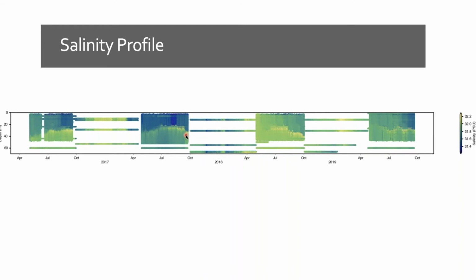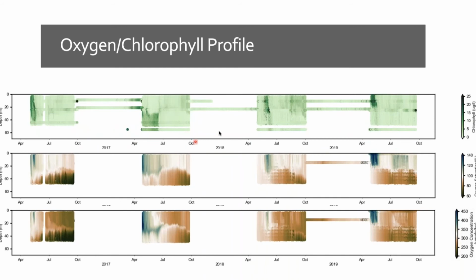We're going to jump to 2 other instruments, chlorophyll and dissolved oxygen, and this is where the Prowler has really started to shine the last couple of years. We've gone from maybe 1 to 3 instruments over the entire water column to having a complete picture, especially so in the 2017, 2018 summer here. We would have missed the spring bloom. You can see it just at the tail end of April of 2017.